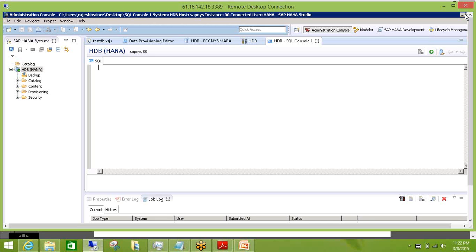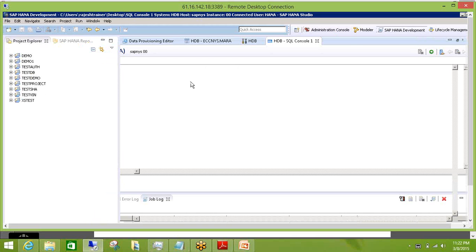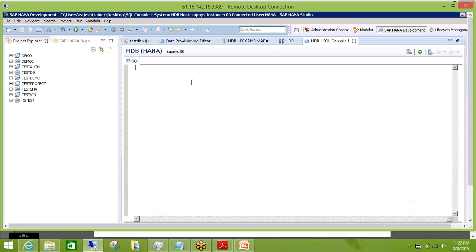So then you have HANA development also, and yesterday I was explaining why you need HANA development. Basically this is an area where you can connect your HANA with your mobility.